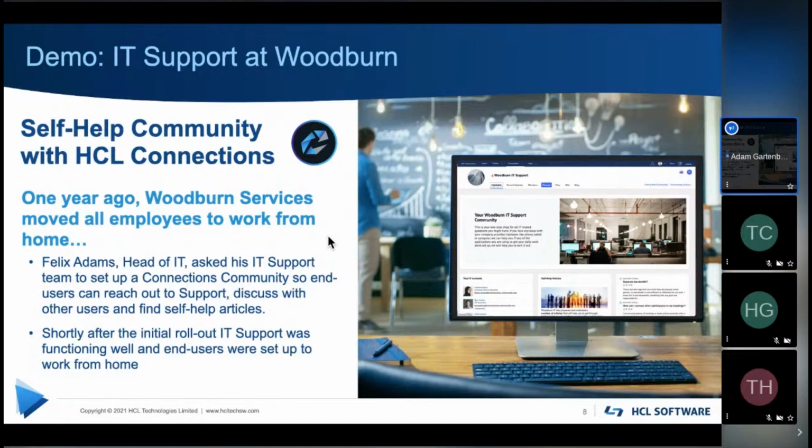Felix Adams is the head of IT, and he asked his IT support team to set up a connections community so end users can reach out to support, talk with other users, share their problems, find answers themselves. We know that self-help is a really big use of connections in a lot of our customers. And shortly after this initial rollout, they had the IT support was set up, people were set up, and the end users were starting to work